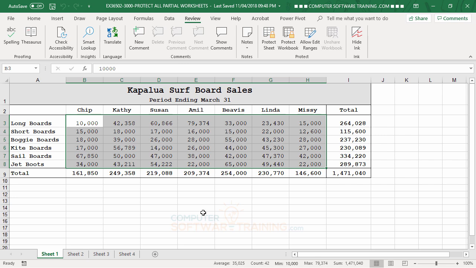Now, it's a little strange what I'm about to show you here, but what you need to do, ahead of time, is select the area that you do want them to be able to change. And I'm also just going to do one more. I'm going to hold the control key and click onto this one right here. It doesn't make any sense, but I'm just showing you